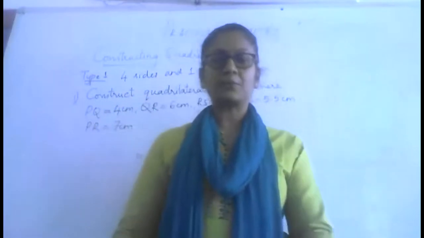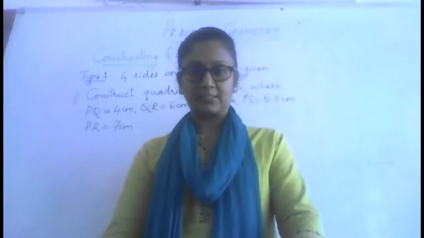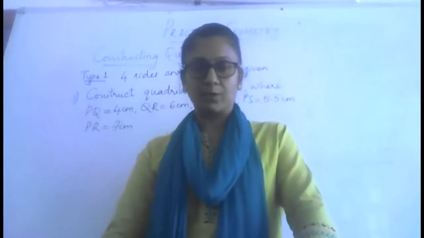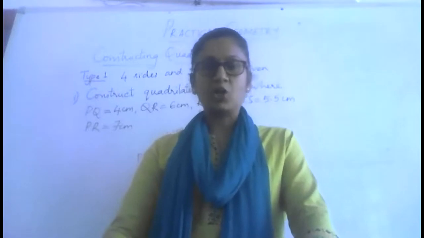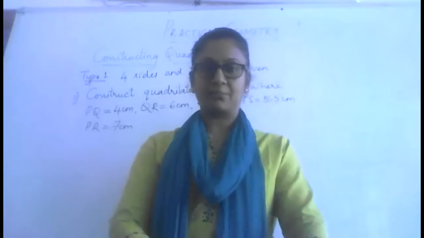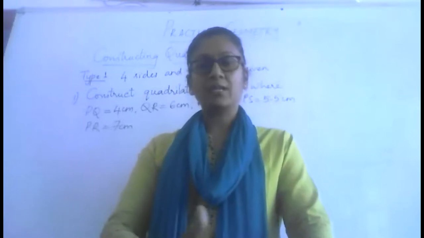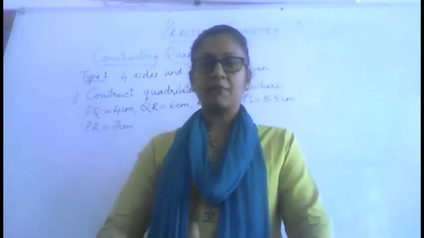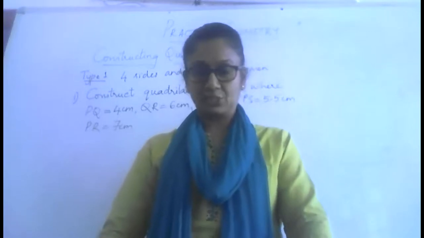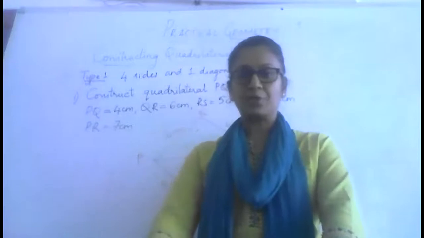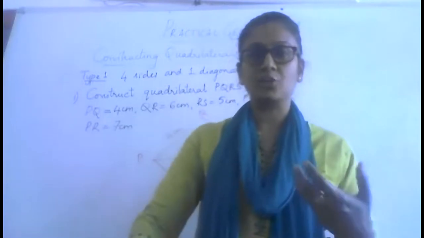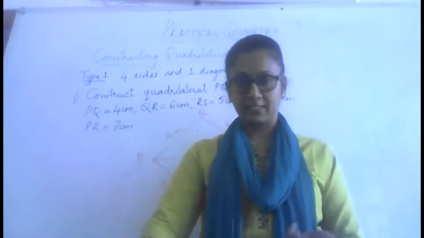So our previous chapter was completely dealing with quadrilaterals. We have a complete knowledge about all the different varieties of quadrilaterals along with their properties. So that's the reason we did quadrilaterals in the beginning. Now we are going to take up how we can construct these quadrilaterals when various kinds of measurements are given in various combinations. Now, before we actually move to the quadrilaterals, let me see how much you are able to recall regarding your construction of triangles.